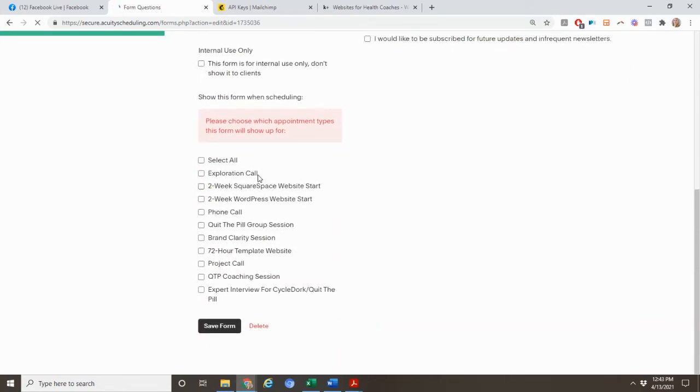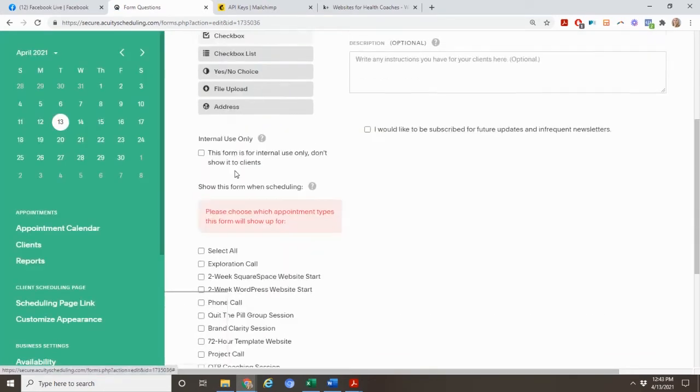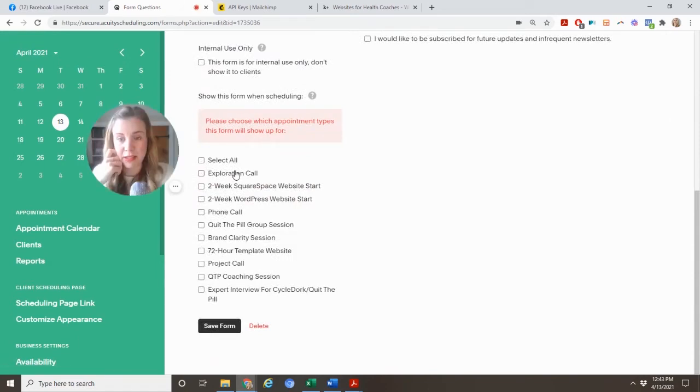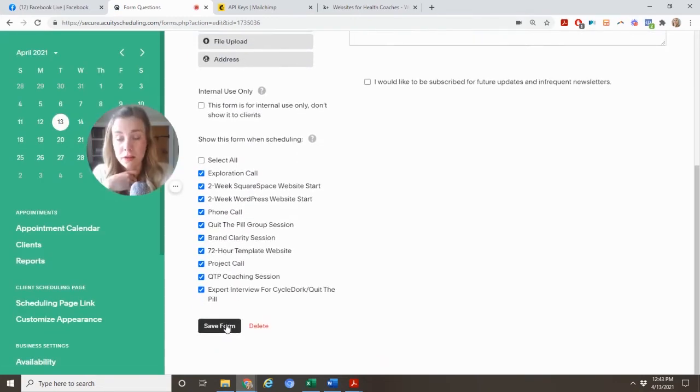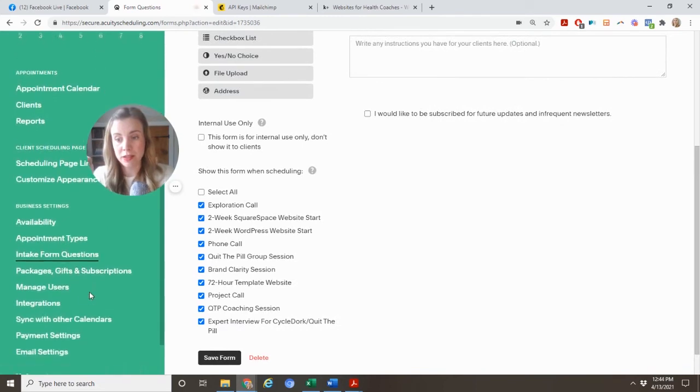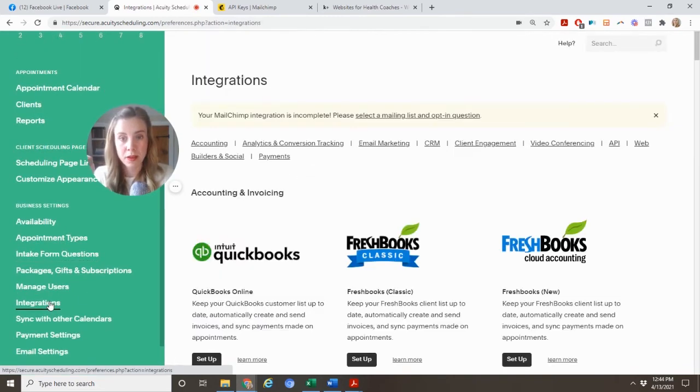Oh, sorry. I skipped a step. So you need to basically select where you want them to be added to. And I'm gonna go ahead and hit add to all. Remember, you can have multiple forms on a single appointment. All right, so now that that's in place, we're gonna go back to this integrations tab